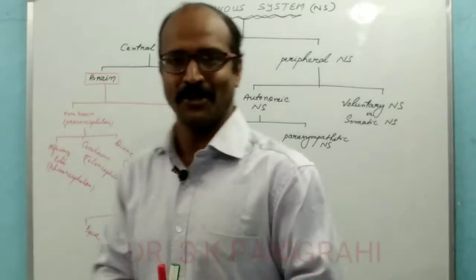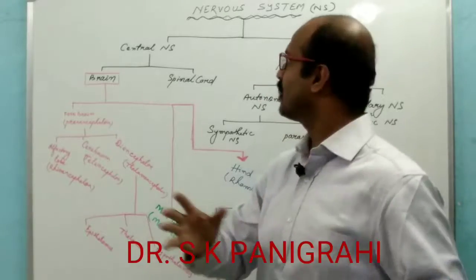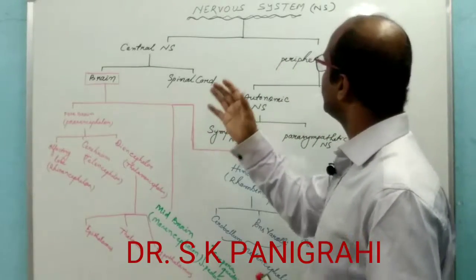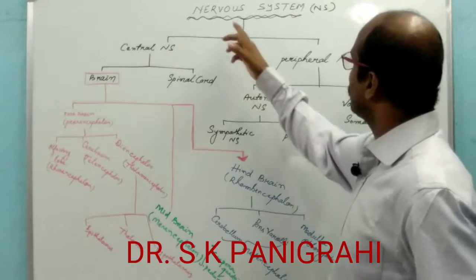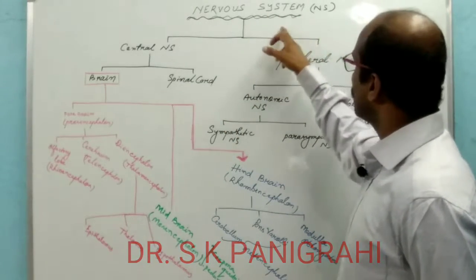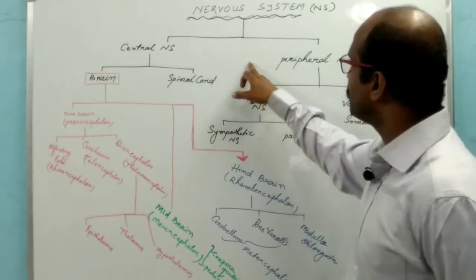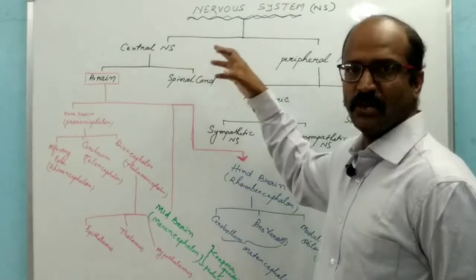In this session, I will talk about the different parts of the nervous system, or different divisions of the nervous system found in vertebrates as well as in humans. The nervous system, which is also known as the neural system, is divided into two parts on the basis of their function as well as their origin